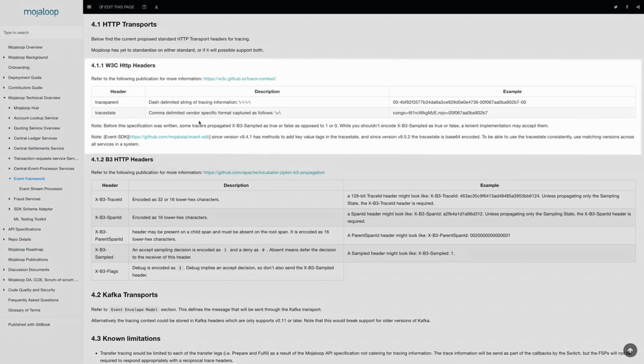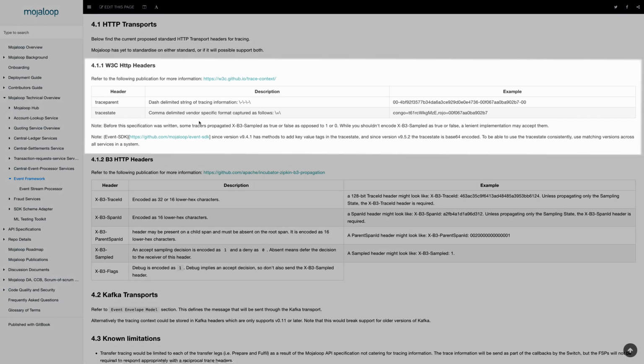In this document, we also describe the HTTP transport specifications that are required for tracing. Specifically, we support the W3C HTTP header standard. Feel free to consult the specification itself, but it comprises two main components: a trace parent, which is representative of the trace ID and the parent